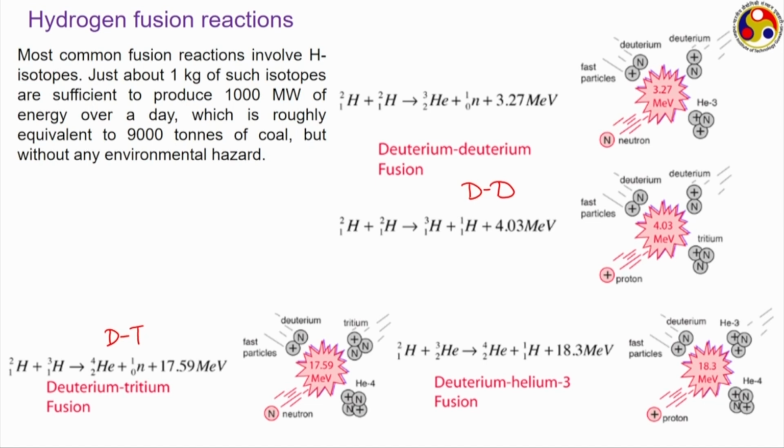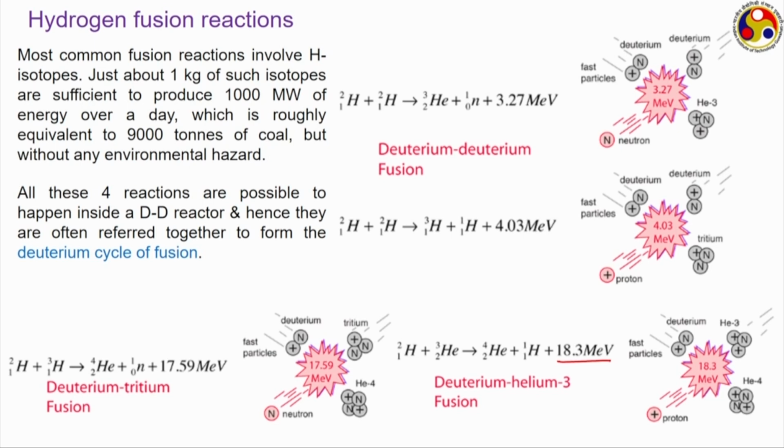And there can be another possibility: once the DD reaction produces this 2He3, that can also react with deuterium to produce 2He4 plus a proton, releasing an even higher amount of energy, 18.3 MeV. These four types of reactions are quite common in any deuterium powered fusion reactor, and all these reactions can happen simultaneously,